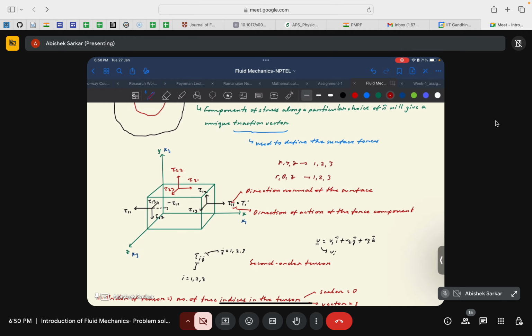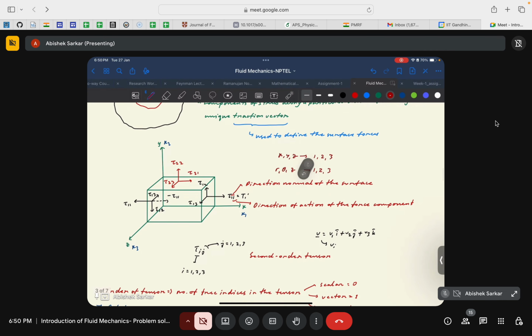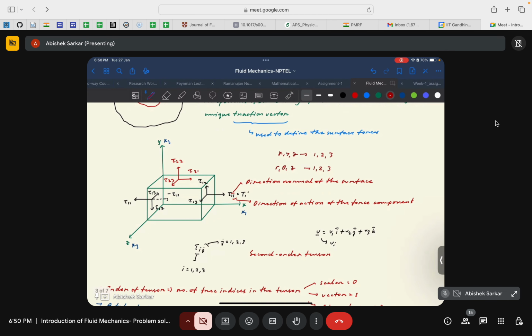To understand the stress components, there is a very elaborate way to look into each of these coordinates. For example, if this is the cylindrical coordinate system,